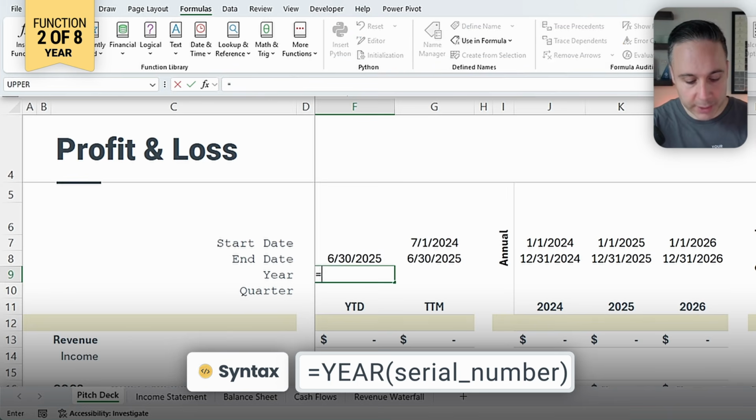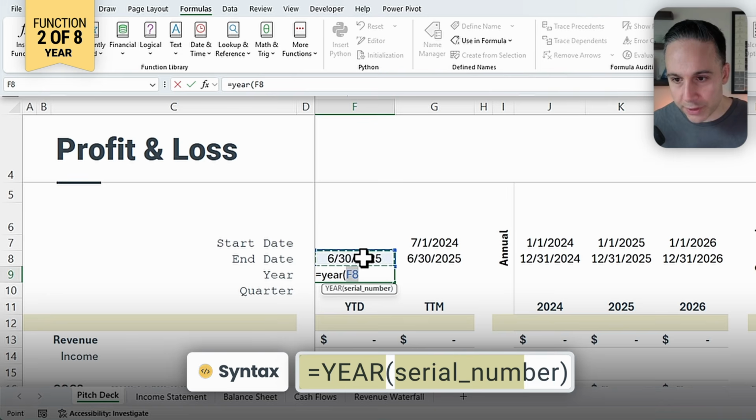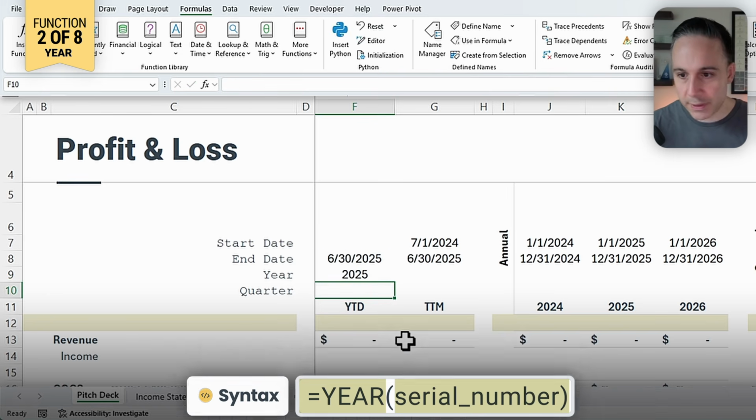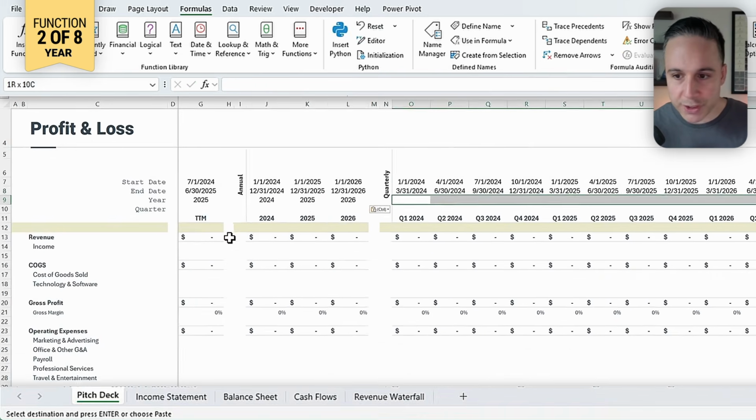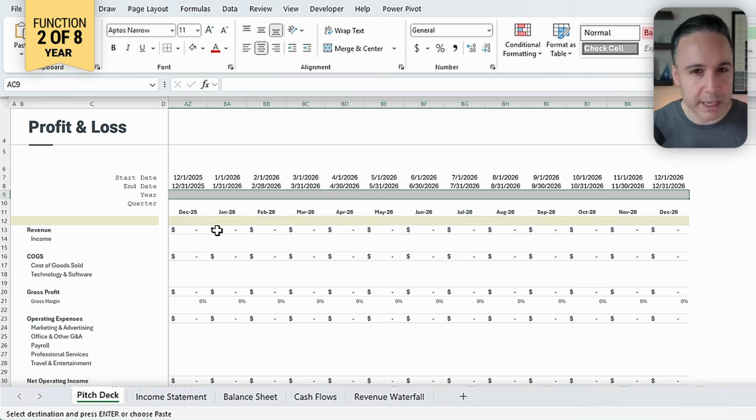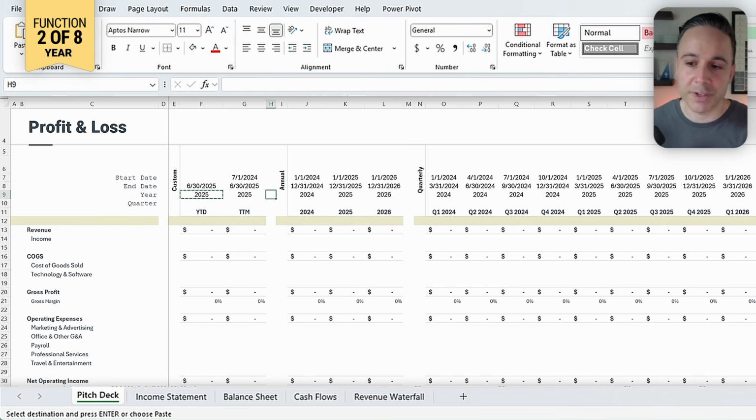So watch, I'm gonna write equals YEAR. I'm gonna then point to this over here, close the parentheses, and now I have the year. So I can now just copy this all the way across, and I'll speed up as I do that. Okay, perfect. So now that I have the year, I wanna do one more thing, and that's get the actual